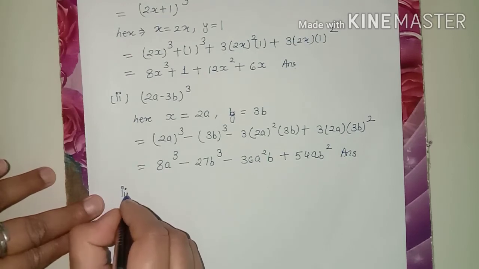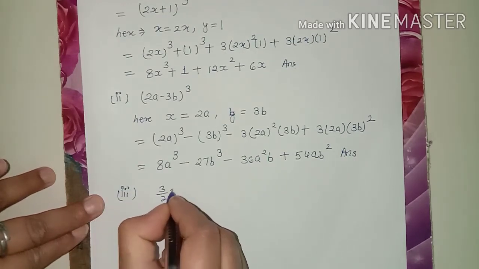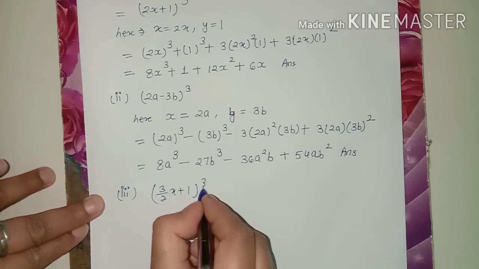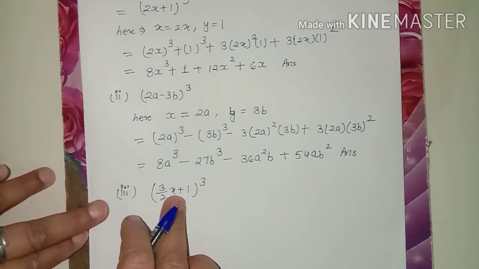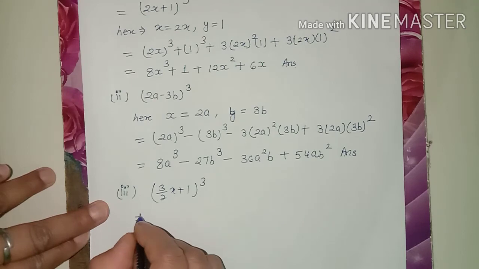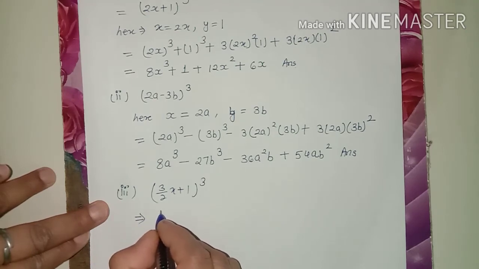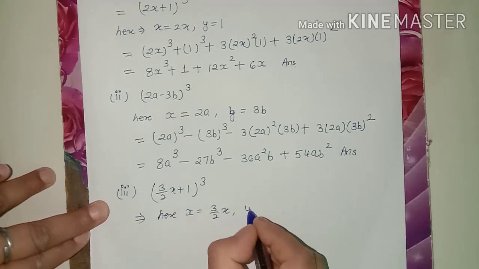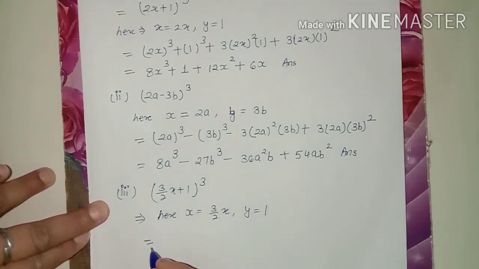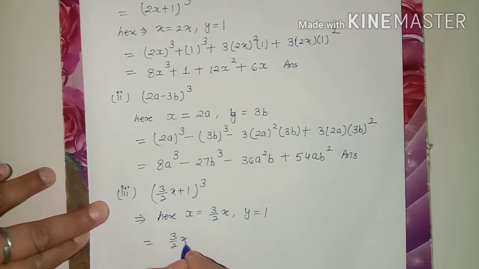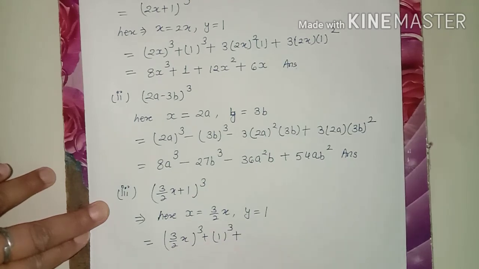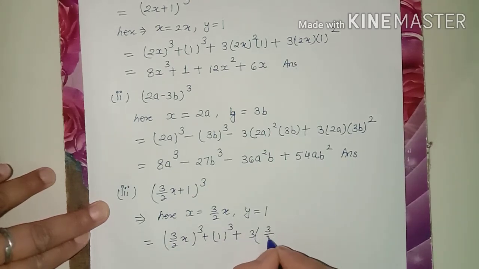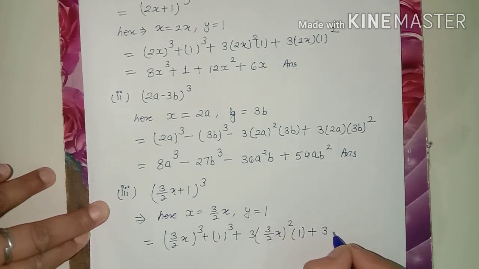Third question is 3 upon 2x plus 1 whole cube. Similarly, we will use here positive identity. Here the value of x is 3 upon 2x and the value of y is here 1. X cube it means 3 upon 2x whole cube, plus y cube, it means 1 cube. 3x square, 3 upon 2x whole square into y, it means 1. 3xy